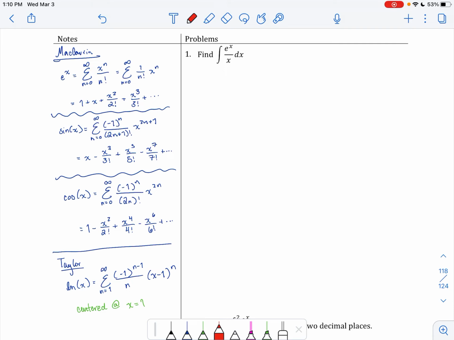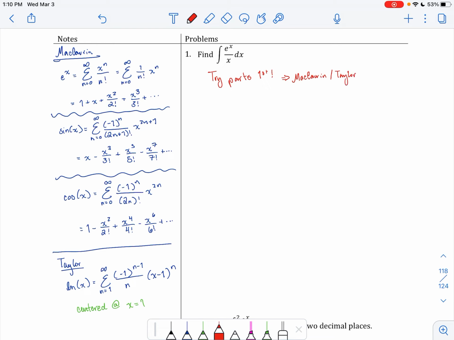Now, when you look at this, try parts first. And if you want to challenge yourself and figure out why it doesn't work, feel free, try parts. Most of the time, that will work. Now, it is, of course, in this case, not going to. I'm going to warn you of that now. And so that means if parts fails on an integral, this is the time that you might think to use